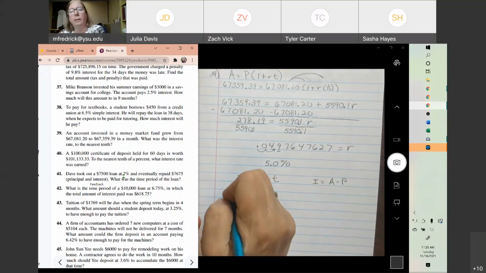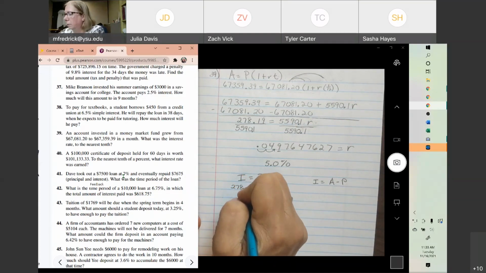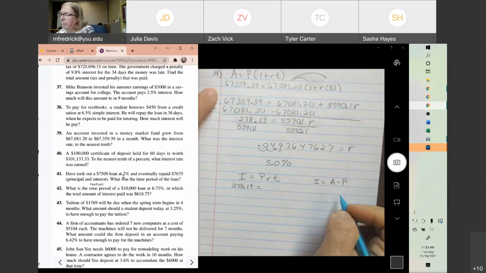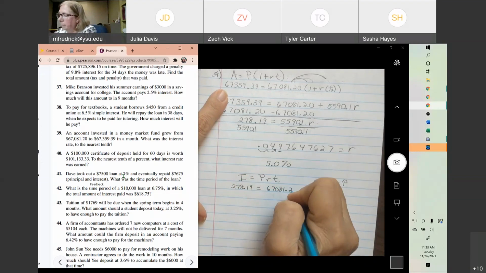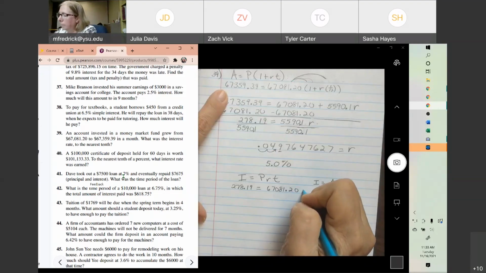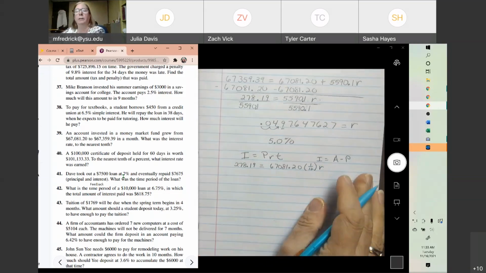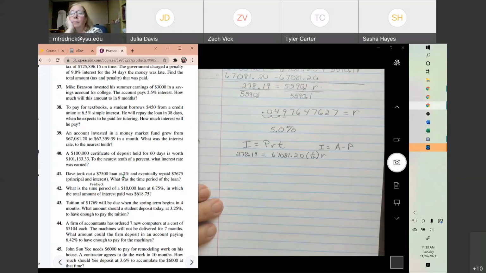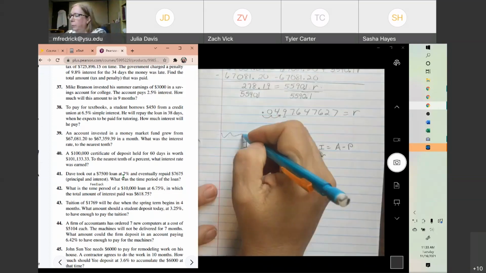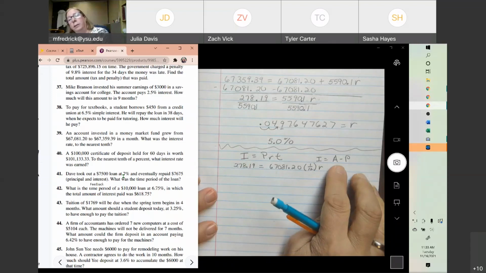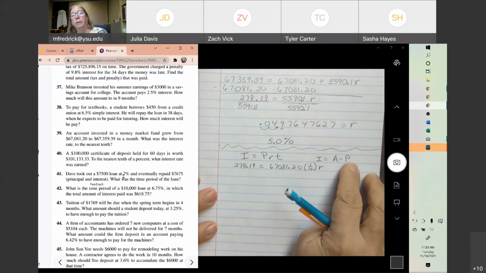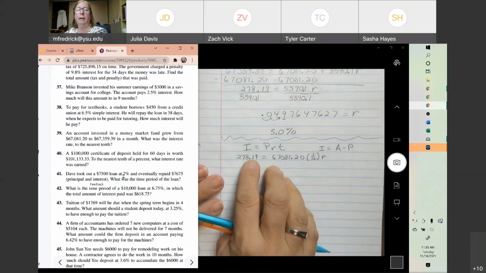When you subtract them, you get this. So this is just another way of doing it. I think it's a little easier to solve, but we have to find the interest first. And the interest is taking your ending amount minus your starting amount, because that's the amount of interest you made. And that would be